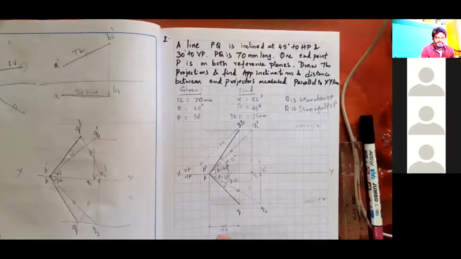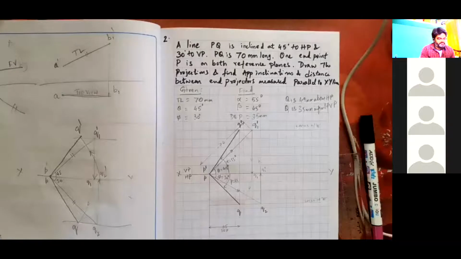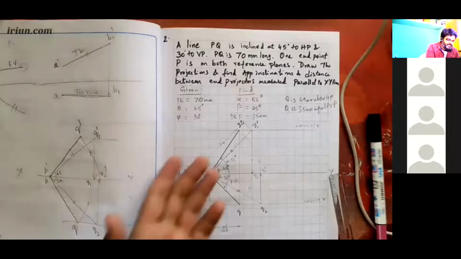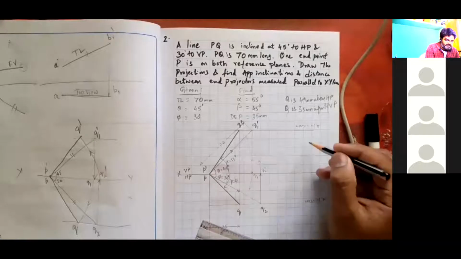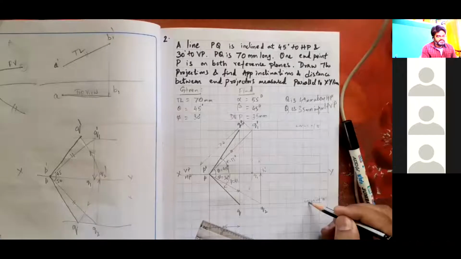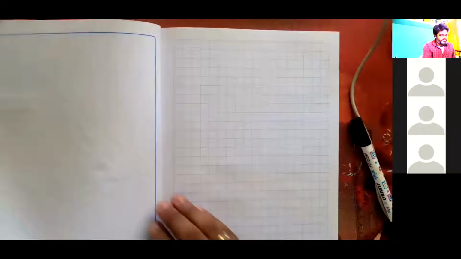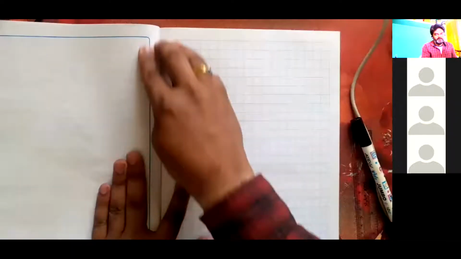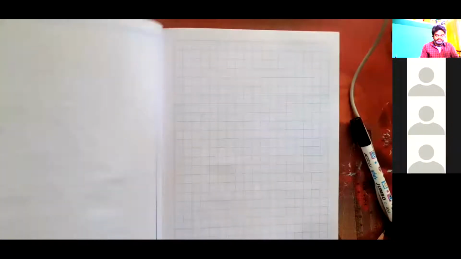In further problems, some other parameters may be given, and you may have to find out the true length or some other conditions. So, for example, true length may not be given. This distance, see here, above HP, XY line, above HP, 1, 2, 3, 4, 5, around 49 mm may be given, or 35 mm in front of VP. This locus distance may be given in the problem. Such problems let us see and try to solve. When the true length is given or not given, we'll see the condition and then try to solve the problem. So, right on the next problem,